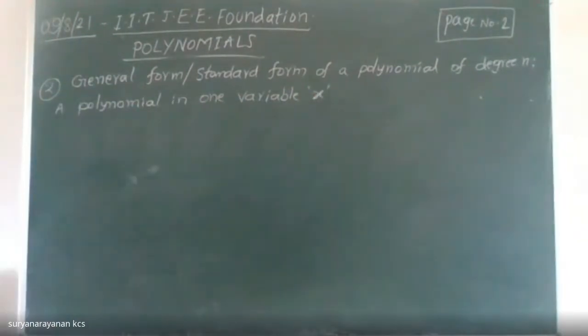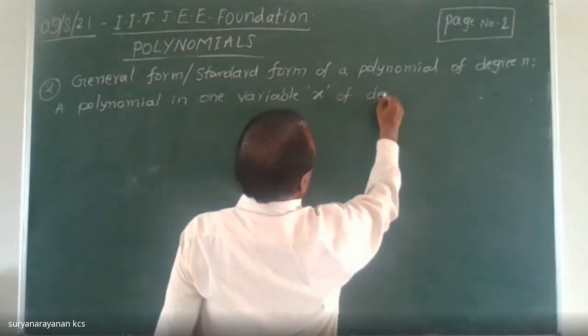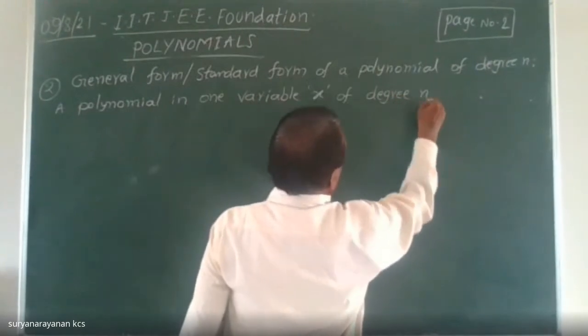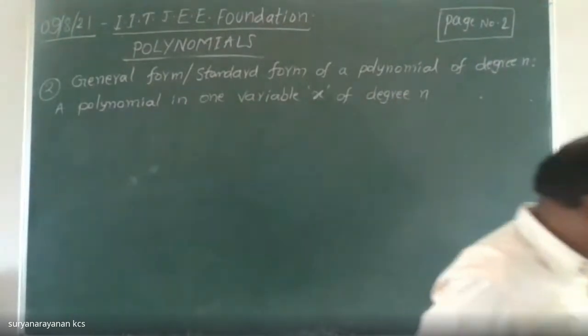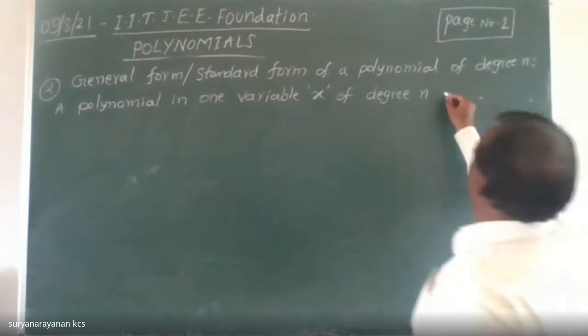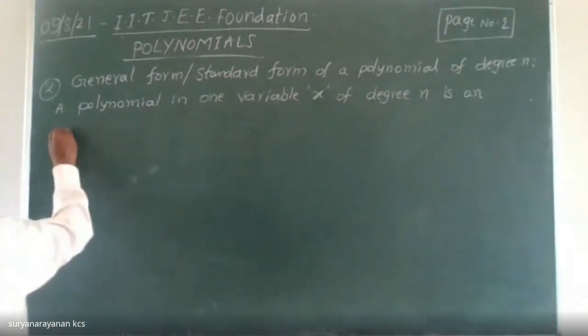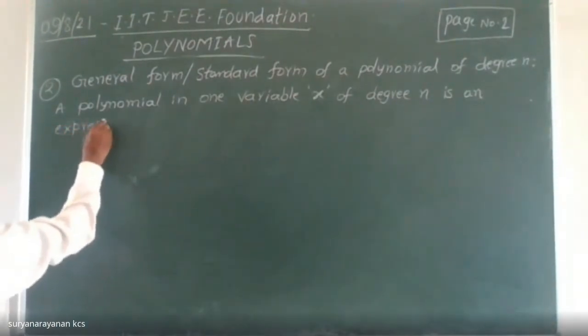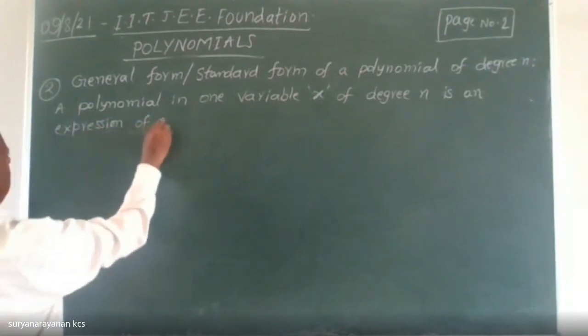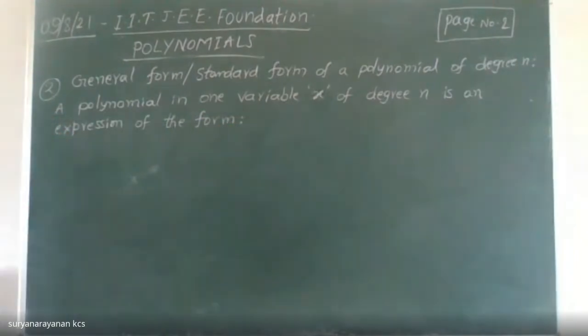A polynomial in one variable x of degree n is an expression of the form